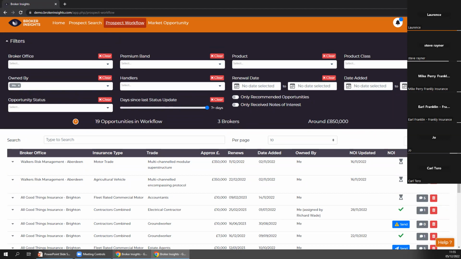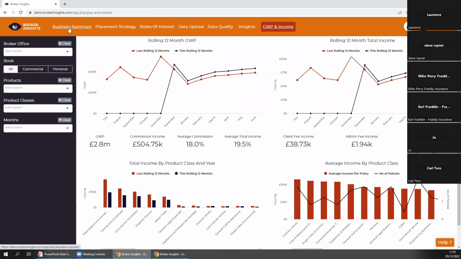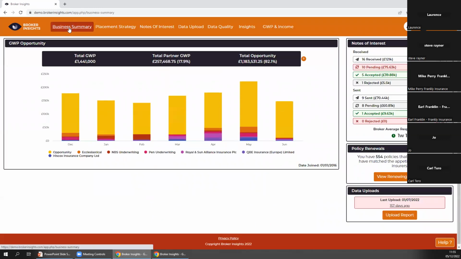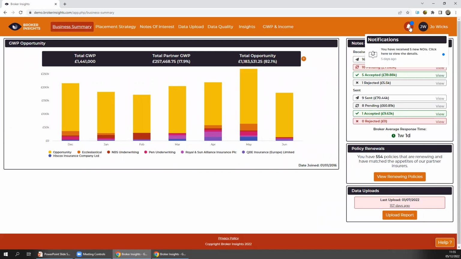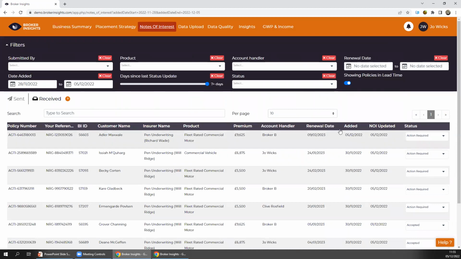If I just go back to my broker platform for a second, just to quickly finish off on notifications and where to get help. So as and when notes of interest are going through and from the platform, firstly, you'll see them on your summary screen here. You'll also get this little alarm bell in the top corner of your screen, which will show you what you've got. If there's any new, so in my case, I've received 5 notes of interest. I can click on that. It'll take me straight to the screen and show me those 5 that need actioning. So you've got that alarm bell in the platform.